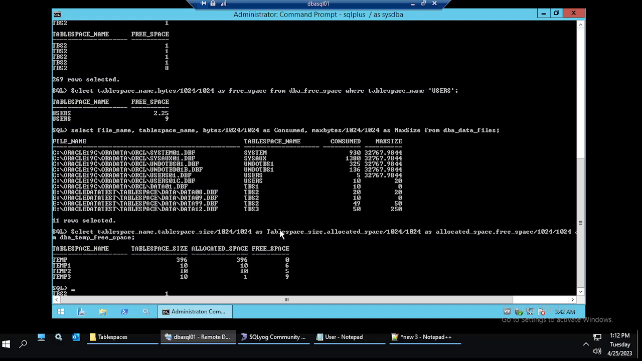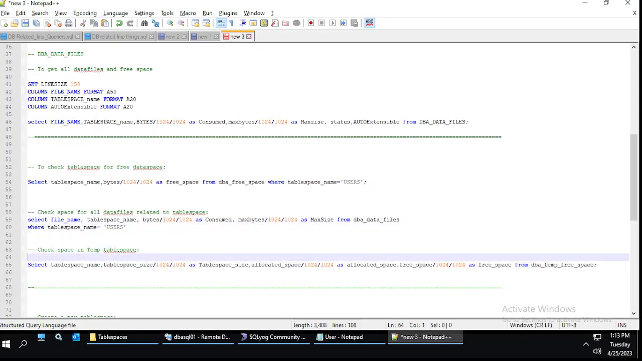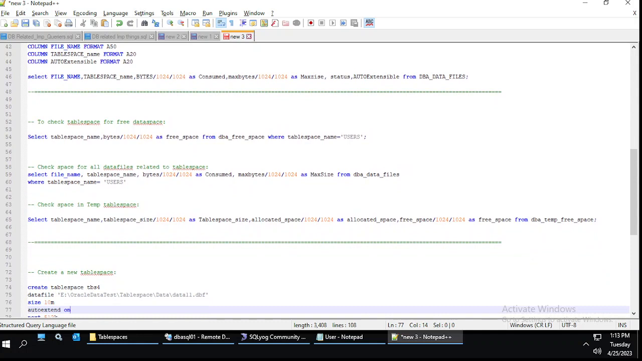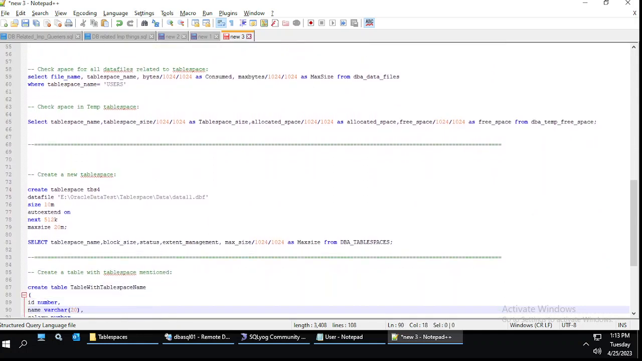It has consumed like table space size, table space name, table space size, allocated to this temporary table space, free space left in the database. So these are the data dictionary tables you can query to check what are the data files you have for a database and how you see it. Okay, so this is the script to create a